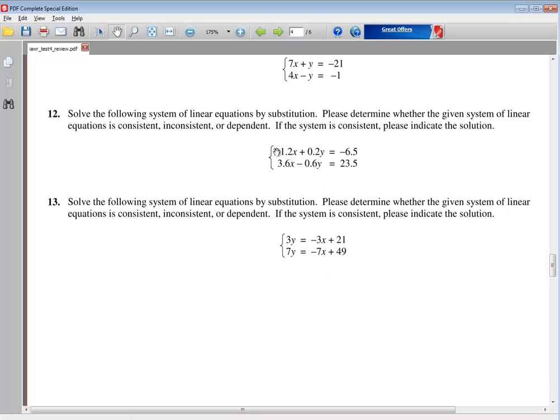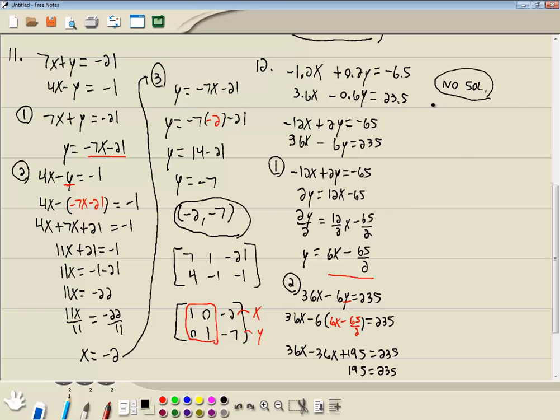Okay, inconsistent. So these are inconsistent whenever you come up with something that can't be, 5 equals 2, 7 is equal to 8, something like that, then that means no solution, inconsistent. Now if I did this on the calculator